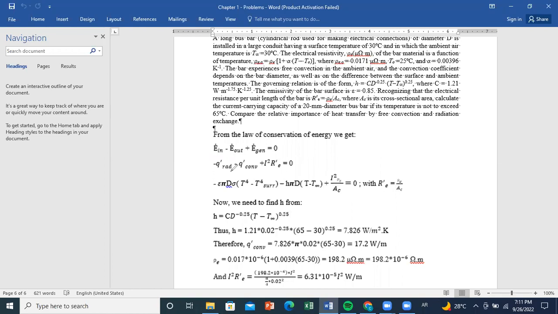We have calculated the value of Q radiation, and we know the value of Q convection. And we know that the total loss is the summation of both. So the percentage of radiation relative to the total flux can give us the importance of heat transfer by radiation. So if you want to find the percentage of radiative flux, all we have to do is to divide Q prime radiation